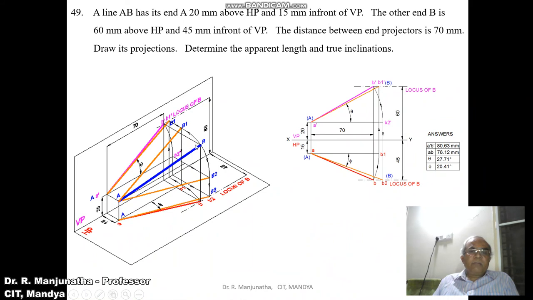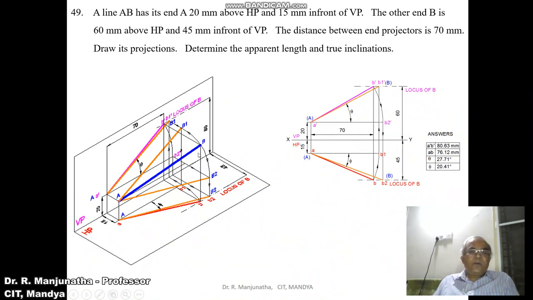So by rotating it to make it parallel to VP, what happens to the point? When you look from the top view, the point is rotated from B such that it will be parallel to VP. That means AB1 is parallel to VP, and when it is projected onto the locus of B in the front view, you are going to get this B1 dash. Then join A dash B1 dash. That is going to be the true length with respect to the vertical plane. So we can measure the true inclination with respect to HP, which is going to be theta. Similarly, we need to find out the true inclination with respect to the vertical plane.